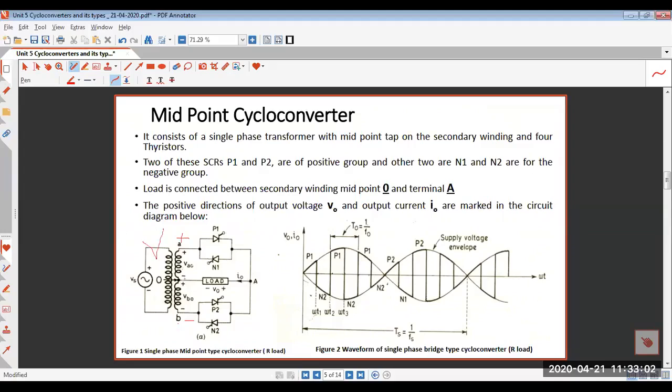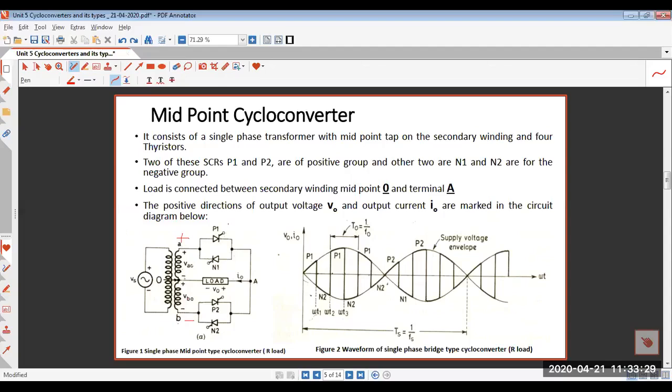Okay, here it is primary winding, it is secondary winding, right? So the center point is denoted with O, or basically 0. It is a notation given to the center tap, or mid tap, of the secondary winding of the center tap transformer, right? So when A is positive and B is negative,